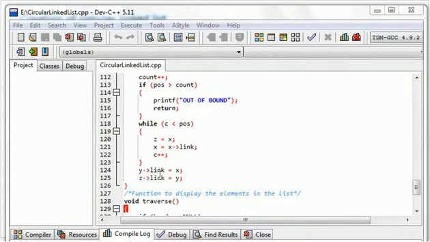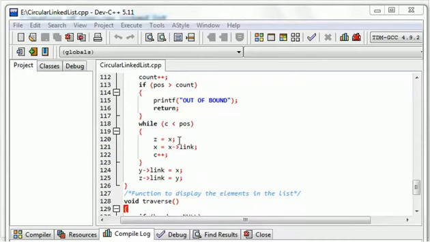So what I am doing: y is my newly created node and I am attaching the link part of y with x, and z, which was saving the address of the previous node. Look into this while loop. z was used to save the address of the previous node, meaning before incrementing the link pointer, we were saving the x address in some variable z.